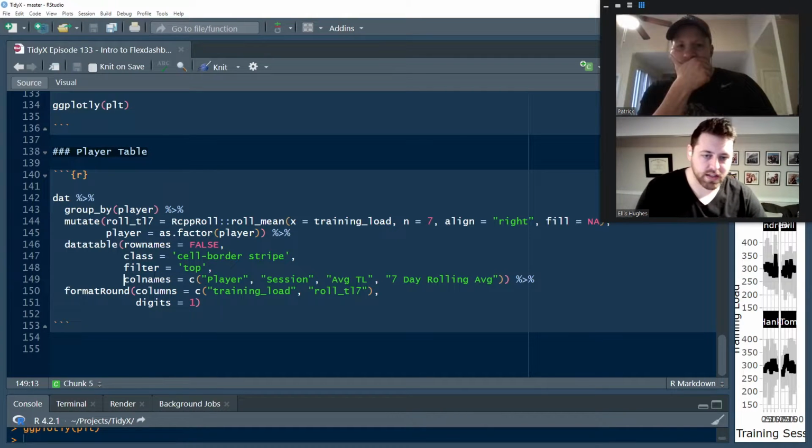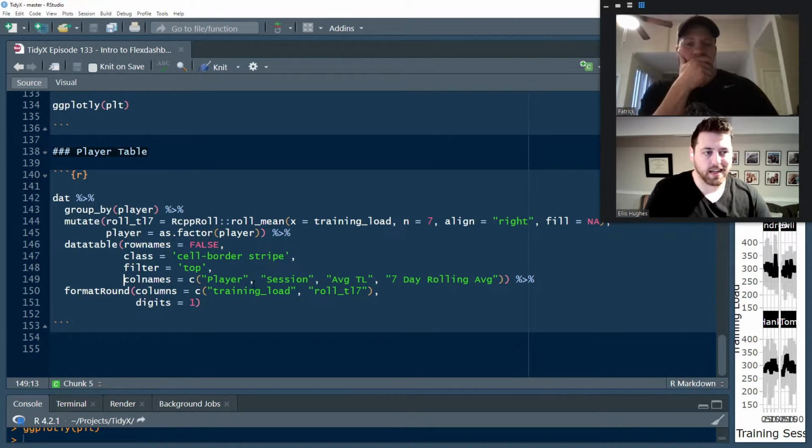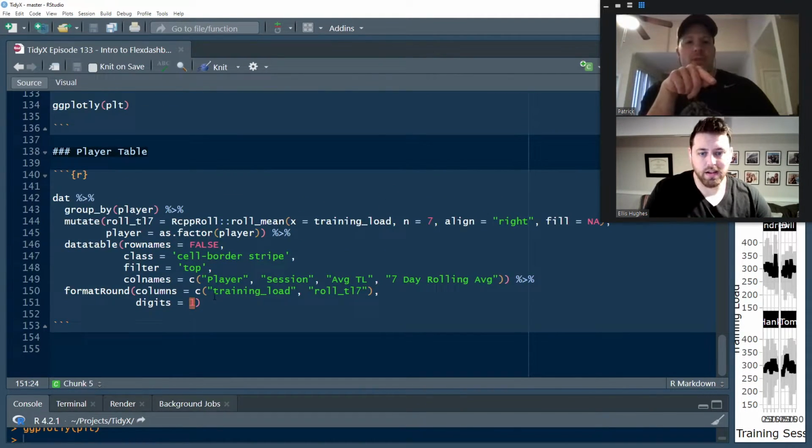Then we're going to set the nice column names, because we know that the column names in the data that we're throwing into the data table aren't the nicest. They're functional, they're not for display. We're then going to do some format rounding on training load and rule C7 to make sure they round to a single digit. The one thing before we knit this,